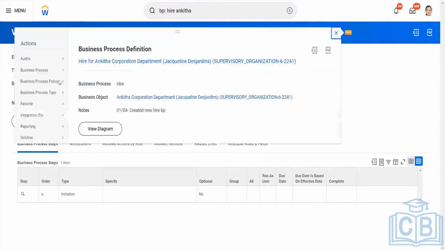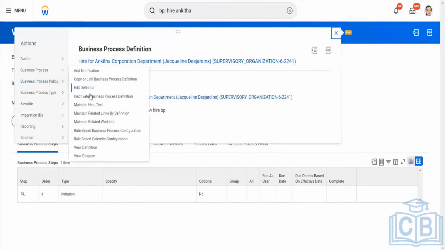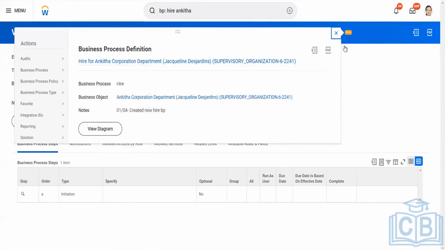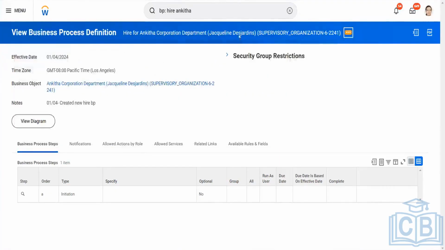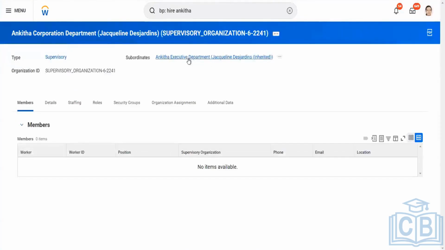Go to the related actions. Go to the business process. Inactivate business process definition with the effective date. Always ask them what's the effective date you want this business process definition to be inactivated, to be not used in the system. So this is the way you are going to inactivate it. Now, coming back to our corporation department, going to my executive department, once we inactivate that, the default,